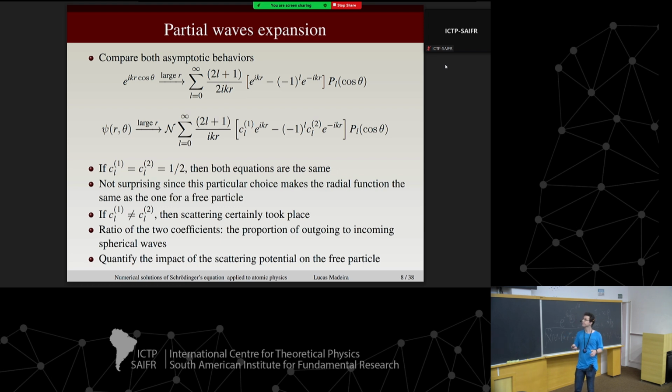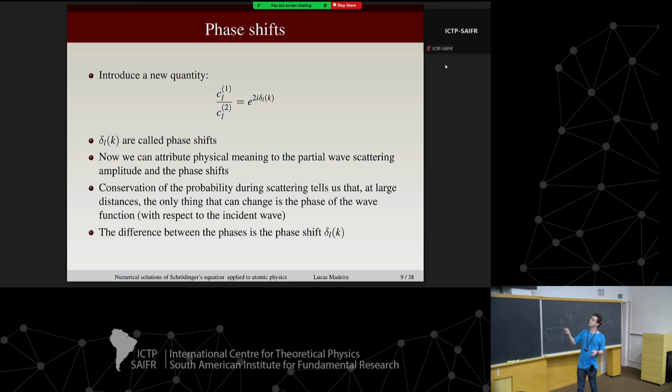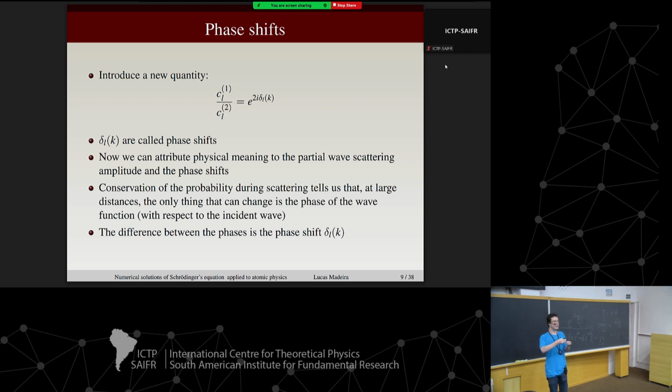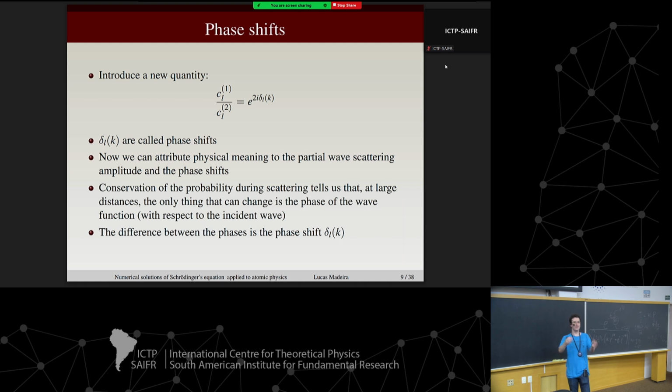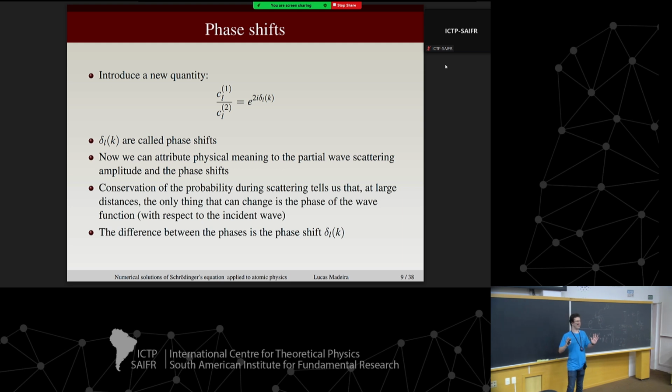No. All right. So I'm going to define this quantity here, the ratio of those two coefficients, which is what has physical meaning, and that's going to be this complex exponential of those quantities that I'm going to call delta. Formally, what would I have to do? I would have to take this and substitute in all those expressions and expansions to really show you what's going on with those phase shifts. But I know that you guys saw this over and over the past few weeks. So I'm assuming that you all did this at some point. Is that correct?